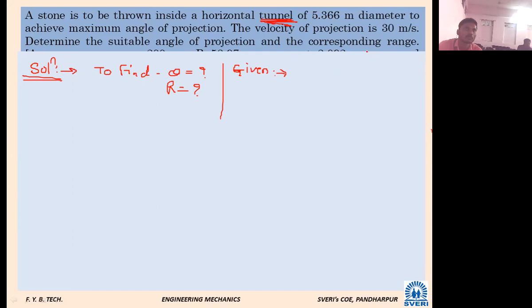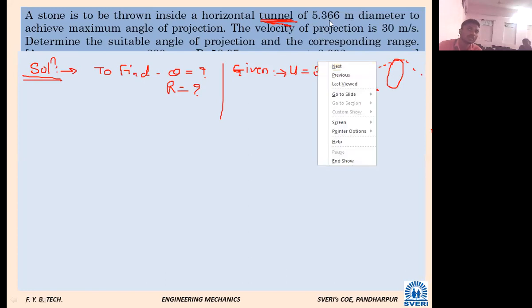Maybe actual maximum angle of projection, the velocity of projection is u. U was given. Okay, only u is given. And tunnel means something like this. We can say असा टनेल आहे, इथं तुम्ही उभा आहात समजा आणि इथून थ्रो केलाय with the velocity of u आणि the maximum something. तर त्याच्यावरती नाही गेला पाहिजे, something like that. Means whatever diameter of that tunnel is h max. टनेलचा जो काय डायमीटर असेल तो h max असेल.